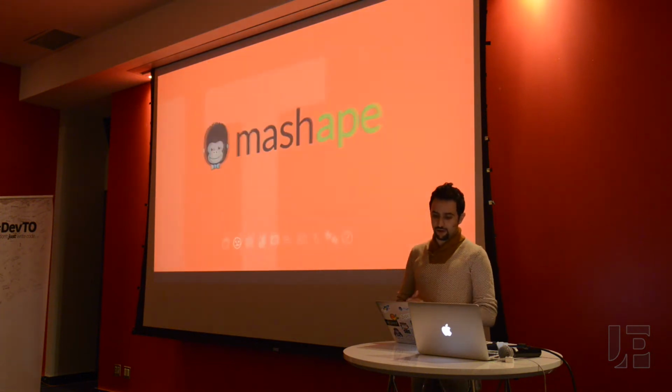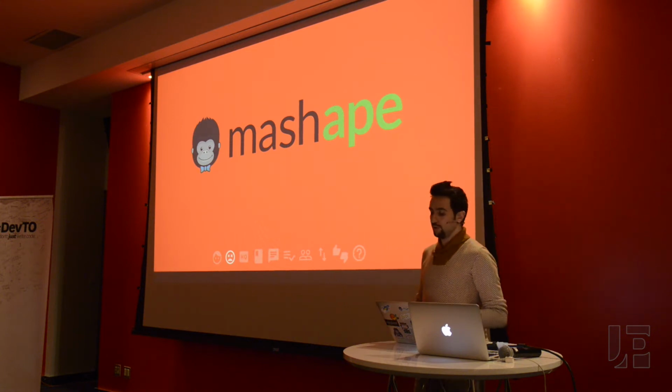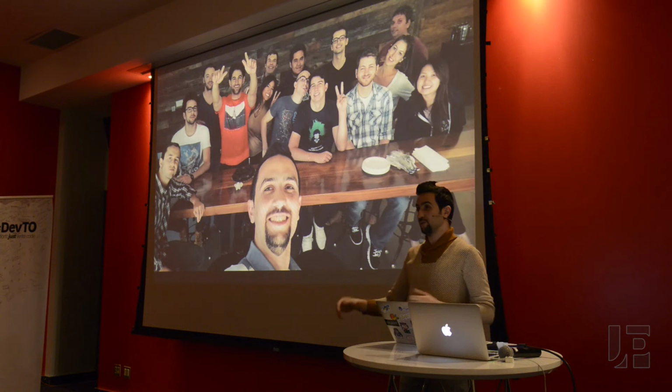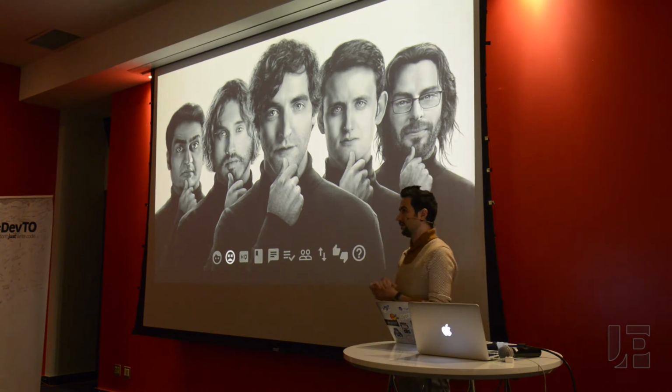So let me tell you a quick story about where I am now and what I'm doing with the company called Mashape. We build API tools and API products. A lot of open source technology, but also a lot of different products. This is our team. This is one of the very few rare moments that all of us from all different parts of the world came together at our San Francisco headquarters. We're actually distributed across all of the places.